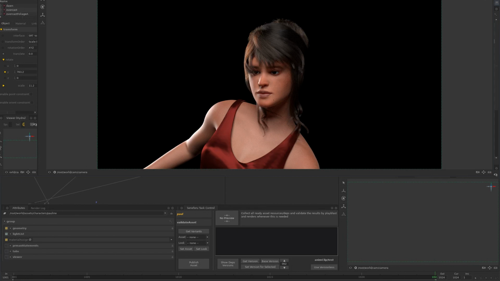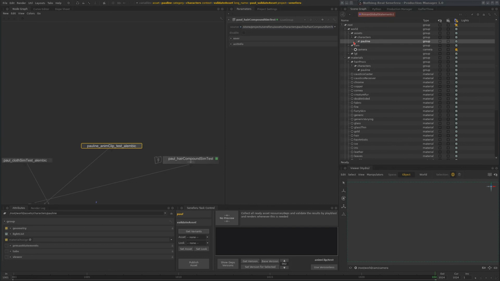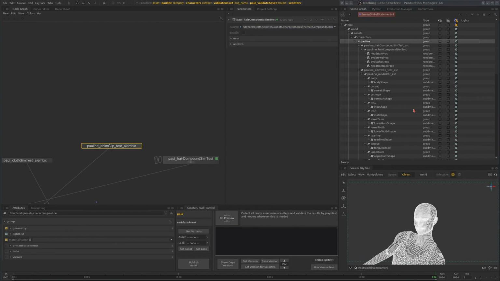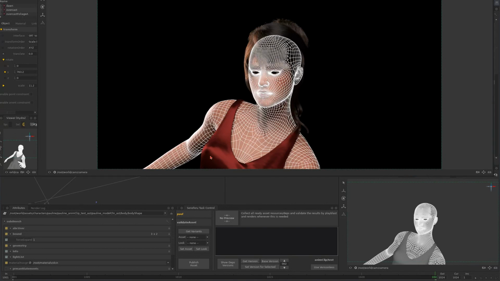But what you have to do first is select the object that you want to query the variants for. For example, let's query the variants for the body. When I click here, now you will find that because this asset has variants in the database, they will appear here. So let's now watch the monitor again,